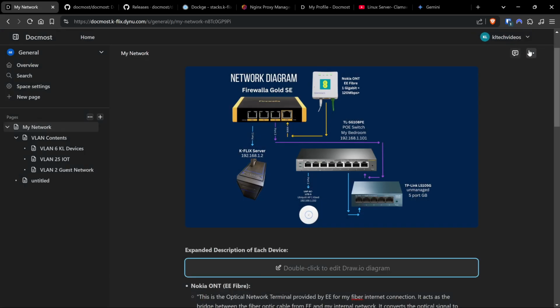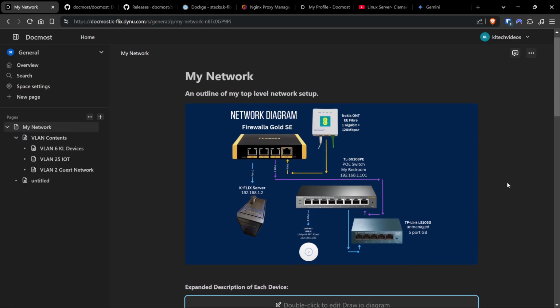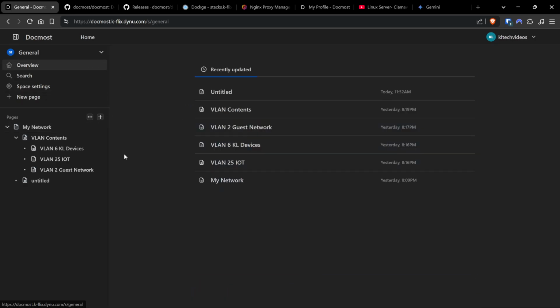So that's pretty much Docmost. I hope that's given you a good oversight of the different types of things that you can use that for. And I'm sure all of you will have your own cool ideas of what you're going to put in here, your backup and disaster recoveries and things like that. But really, what I wanted to demonstrate with Docmost was how easy it is to deploy, how straightforward